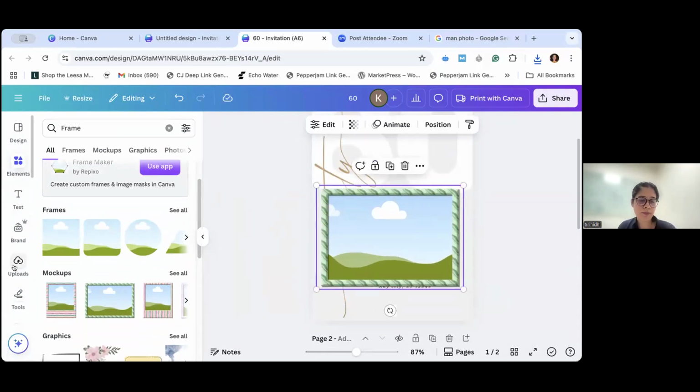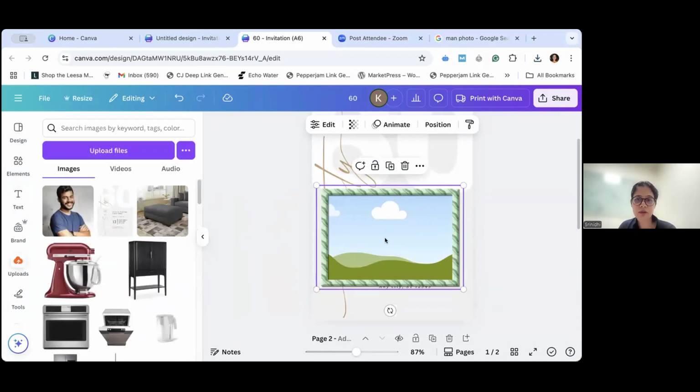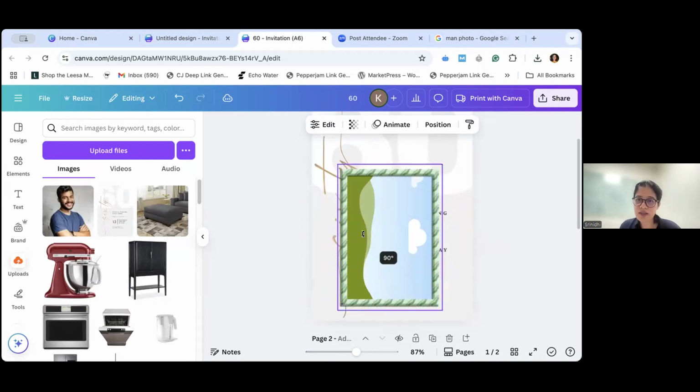I go to my uploads. I select. Now see what has happened. What mistake have I made? This photo of John's is in the portrait style. And the frame that I have chosen is in a landscape style. So if I use this over here, obviously it will not come properly. So I can just rotate it and make it in a landscape style, and I can just put his,